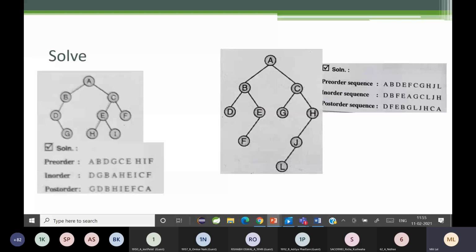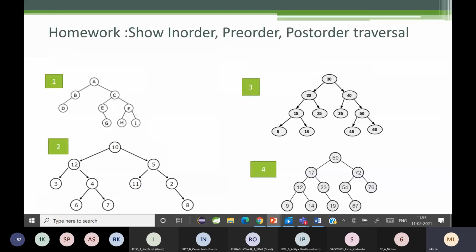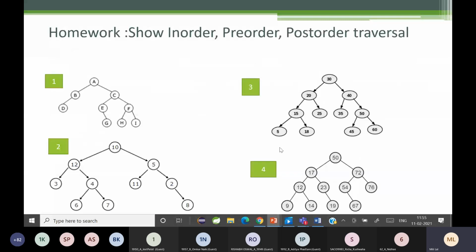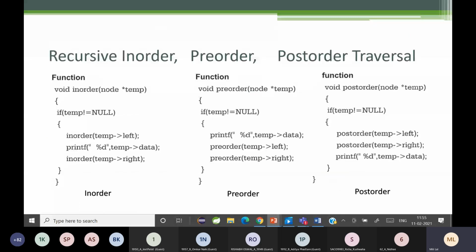As you can see, this is the homework. These are 4 questions I'm giving you. In the next session, please do the in-order, post-order and pre-order traversal of the given images, and you can see the recursive order.